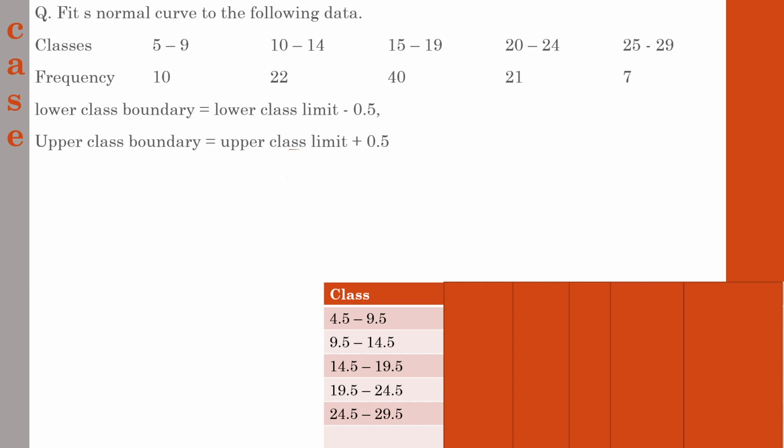Once you set the class limits, the first step in fitting a normal distribution is to find the mean and standard deviation. So how are we going to find the mean? In this case, the class is given and the corresponding frequency is given. So we can use the easiest method for finding the mean. You can use any method for finding the mean, either the discrete series approach or the continuous series approach, and we have learned many cases of how to find the mean.